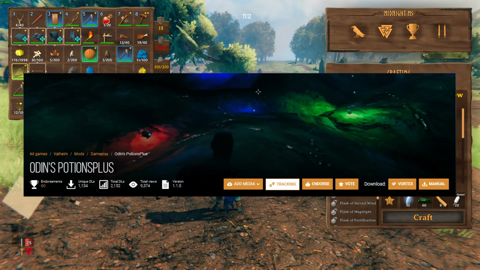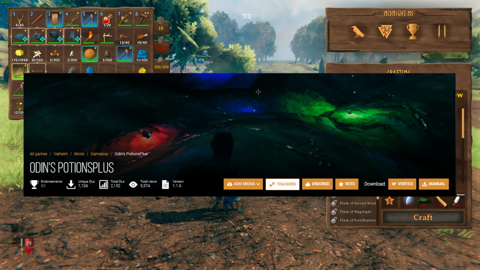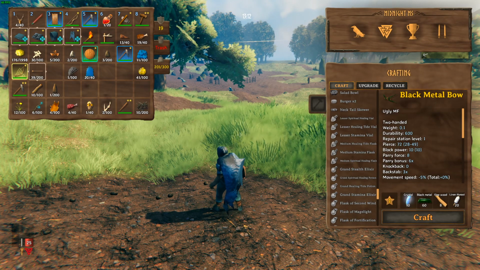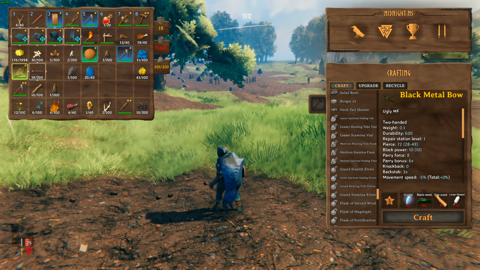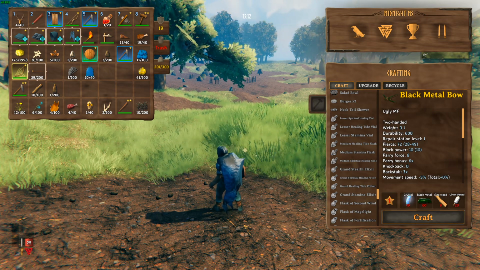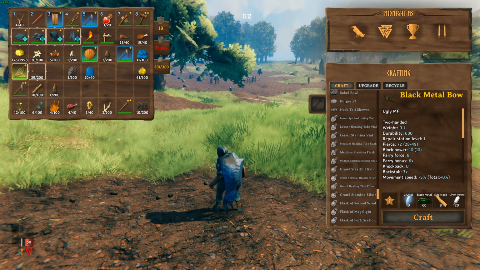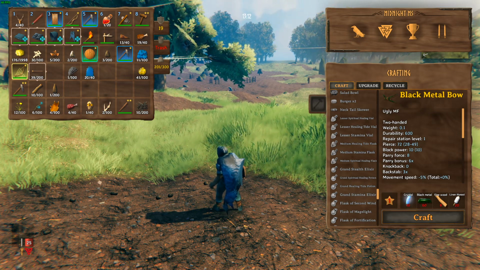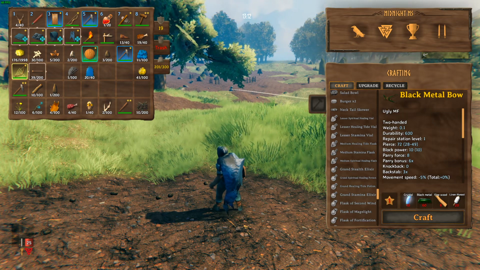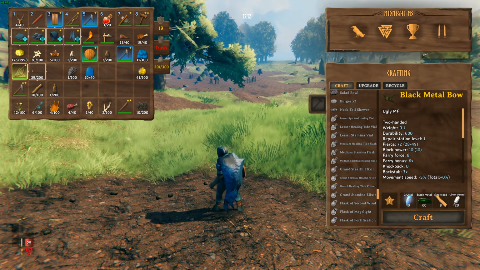Finally, we're going to look at Odins Potions Plus. Now, Odin's Potion Plus adds 14 new RPG-style potions into the game. So you're not having to worry about fermenting, and these aren't so overpowered that it minimizes the fermented potions. This is just an additional option that you can do, and also allows you to get into potions much earlier